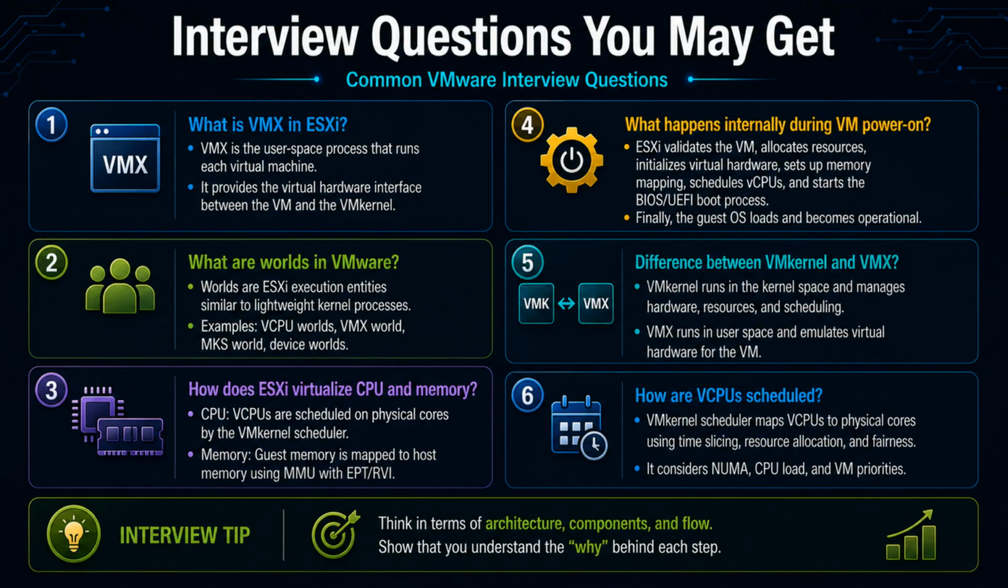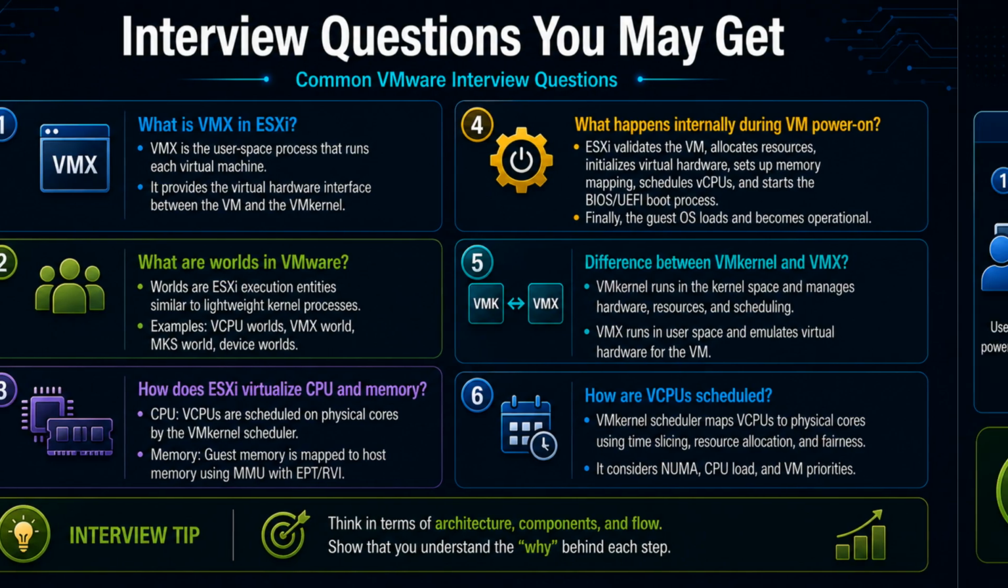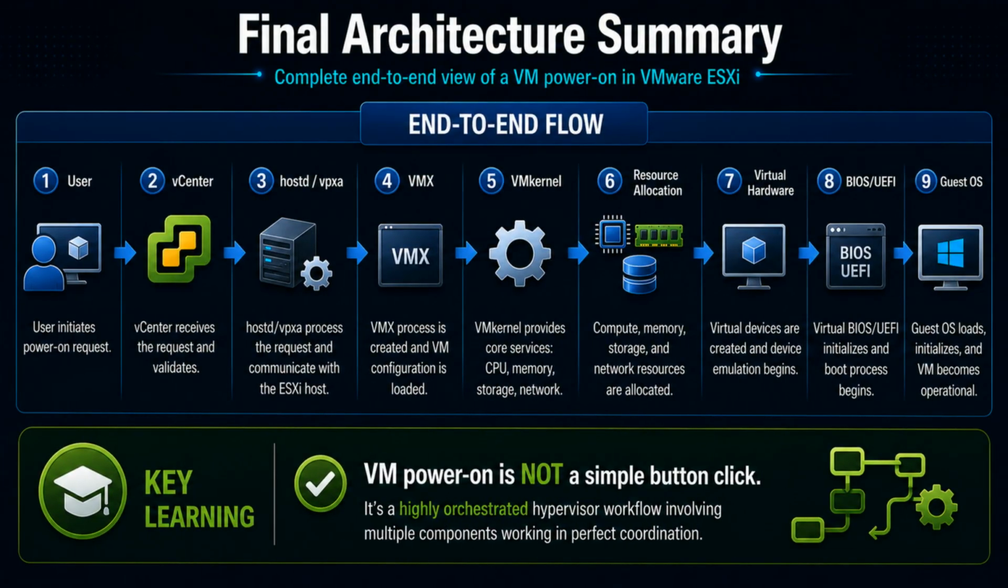So let's summarize the complete architecture one final time. One click triggers an entire hypervisor orchestration pipeline. The workflow starts with the user and vCenter, moves through hostd and VMX, enters vMkernel for resource allocation, initializes virtual hardware, starts BIOS or UEFI, and finally boots the guest operating system. So the next time you click Power On in VMware, remember, ESXi is launching an entire virtual computer from scratch